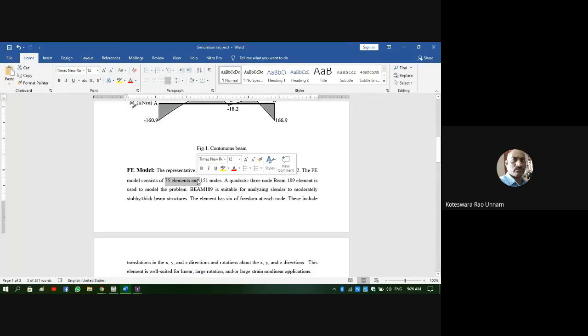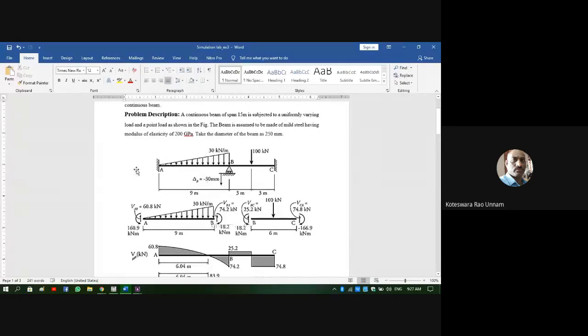Obviously each element has 3 nodes. So if I compute the total number of nodes for the 75 elements, they come out as 151. That means while defining the size control, the total beam needs to be divided into 75 elements. Throughout the beam I will take a uniform division, meaning each element length is the same. The total length is 15 meters here, and I want to divide this 15 meters into 75 elements.